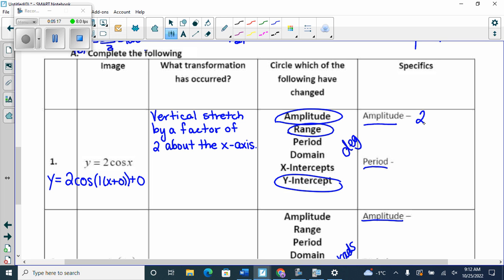And the period, I said in degrees, so there's two options: you can do 360 degrees divided by b, and b happens to be 1, so it's 360 degrees. Or you can say, okay, it's 360 degrees times the horizontal stretch. What's the horizontal stretch? 1, 360 degrees. Do you see how I do not care which version you get, other than that you get it correct? Yes. So either multiply by the horizontal stretch factor, or you divide by the b value, which is not the